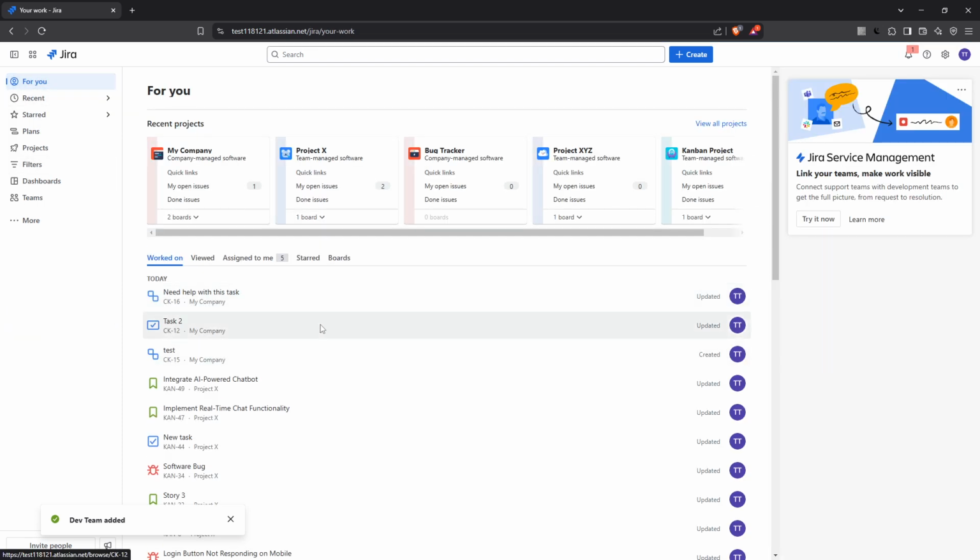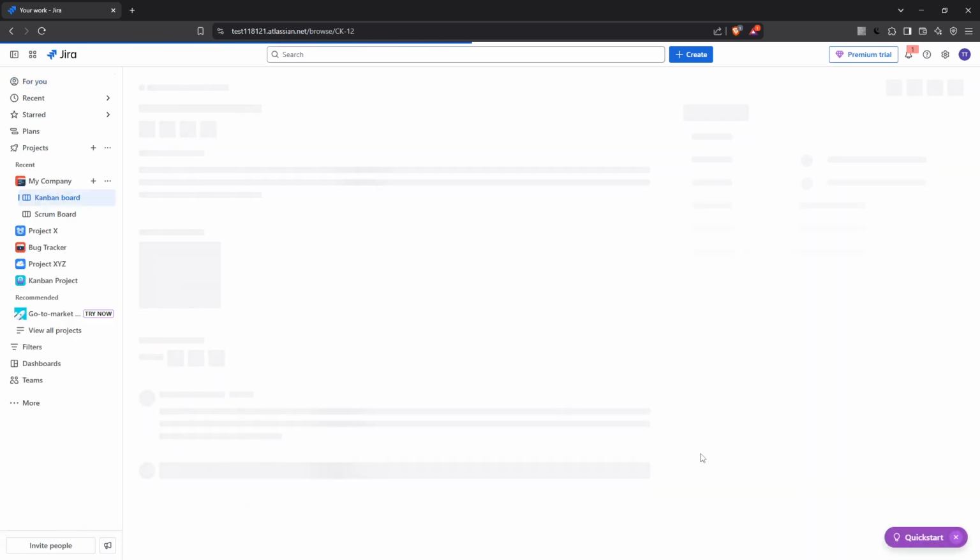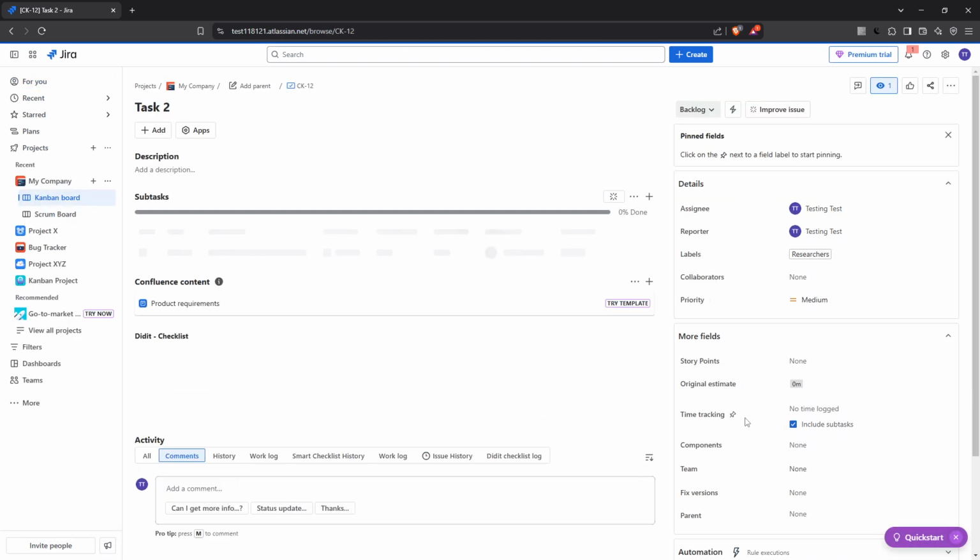There you have it. By using these methods, you can seamlessly assign Jira issues to an entire team, making your project management process more organized and